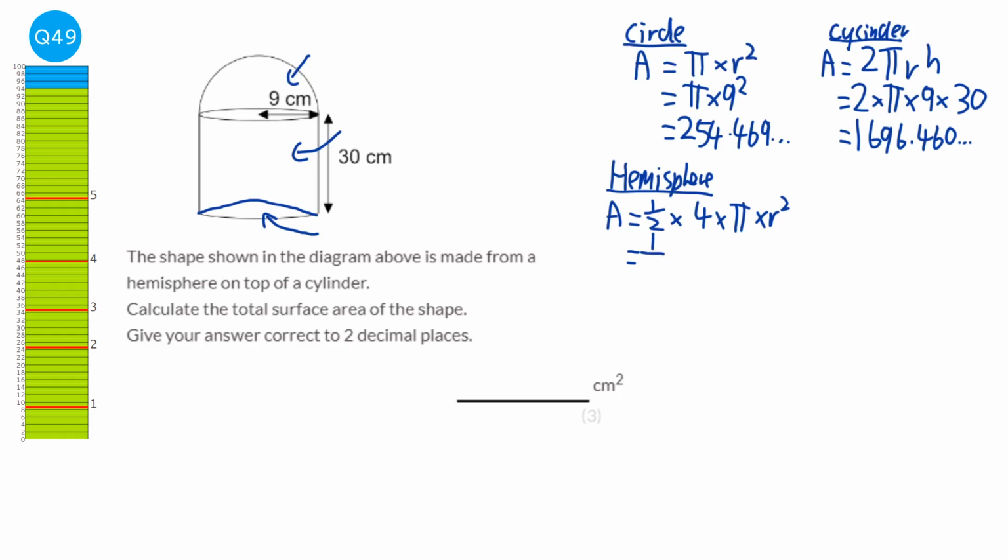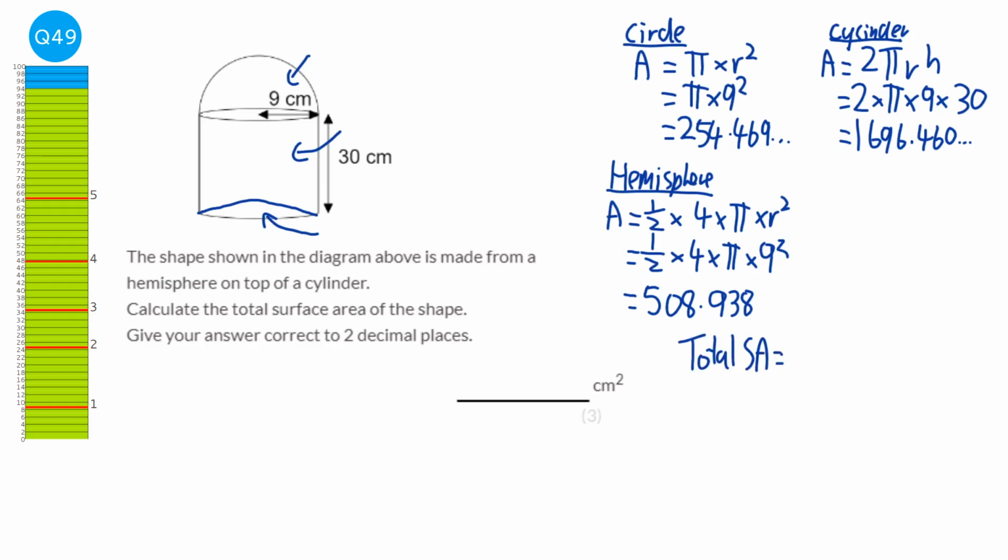And so it'd be half times 4 times pi times the 9 squared, and that will give us 508.938. And so the final thing is to work out the total area, so total surface area,